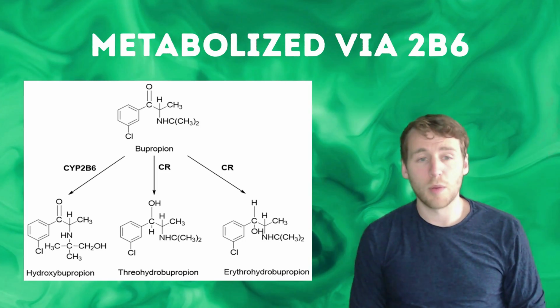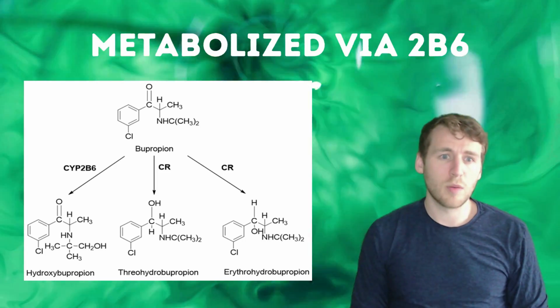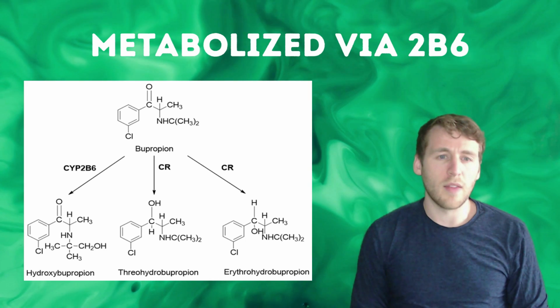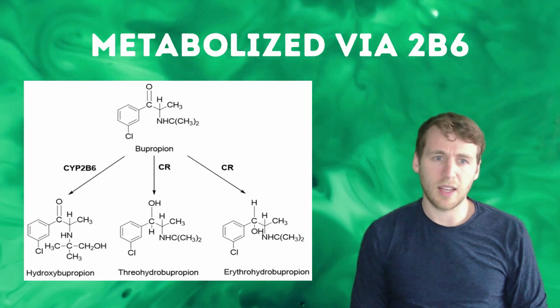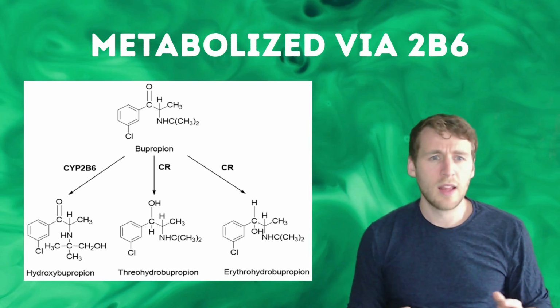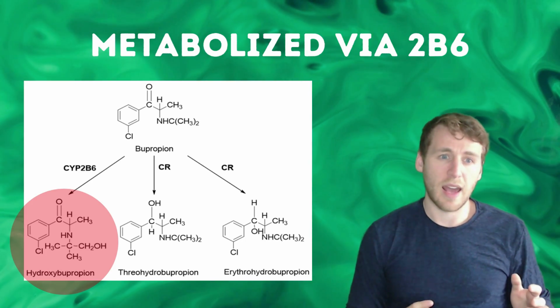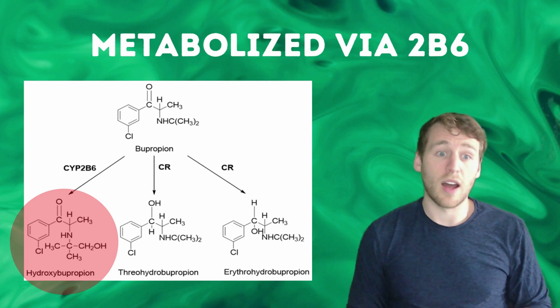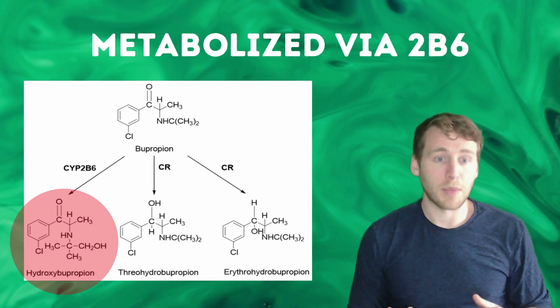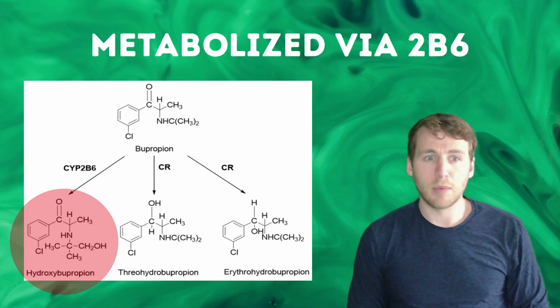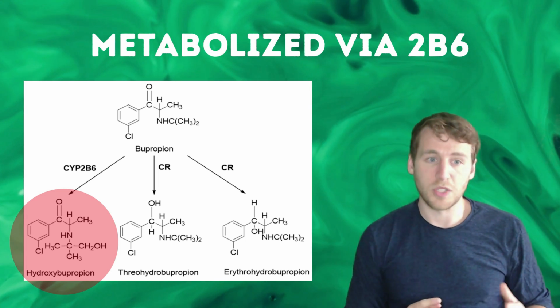It's hydroxybupropion, threohydrobupropion, and then erythrohydrobupropion. And again, it's not that important, but hydroxybupropion is the major metabolite, and it has a lot of the same NDRI activity, the NET and DAT blockade, and probably represents a large proportion of the drug's